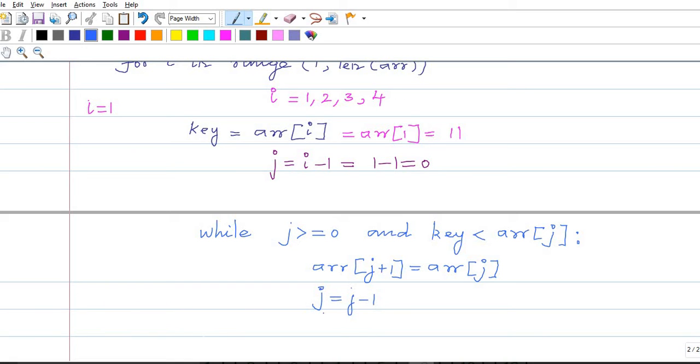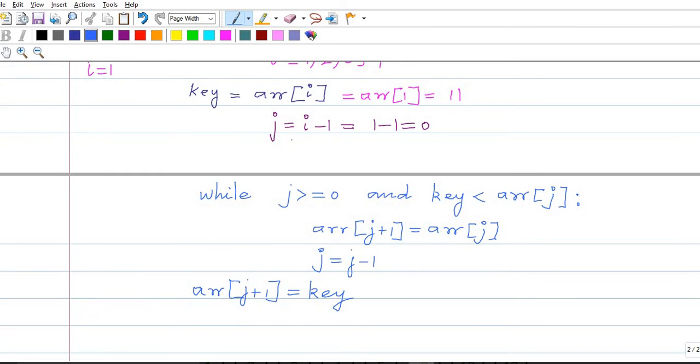Finally, after this while loop, I am going to do arr[j+1] is equal to key. This is the general code. One time I have written here.